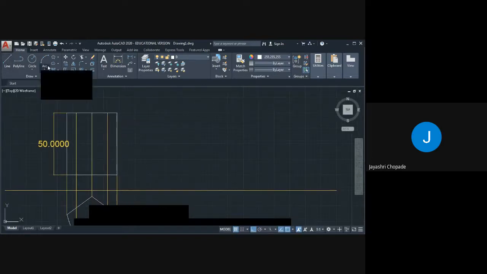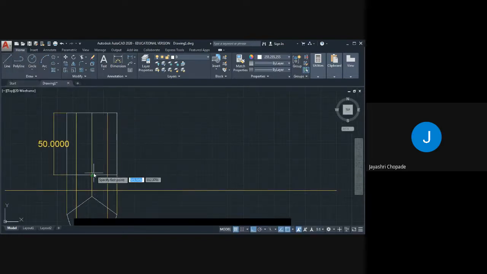Now draw the line. Go to line command, draw vertical distance, that is 25, enter, and then draw one horizontal line like this. Here we need to draw line which is 45-degree inclined to the horizontal.